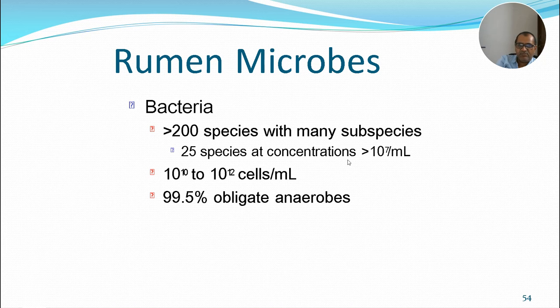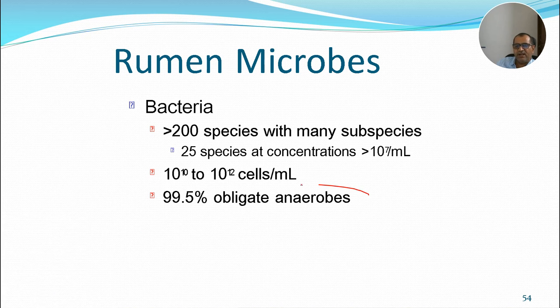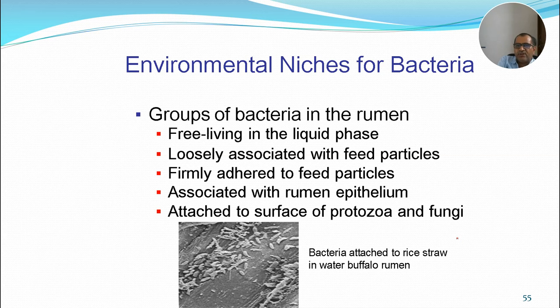Many subspecies are there in the rumen, and 25 species at concentrations of more than 10 raised to 7 per ml, and 10 raised to 10 to 12 cells per ml are also there for the other species. 99% of them are obligate parasites, meaning they are dependent on other sources, especially on the cattle. So the environmental niches, especially for the bacterial flora, are also very important in bacterial digestion,